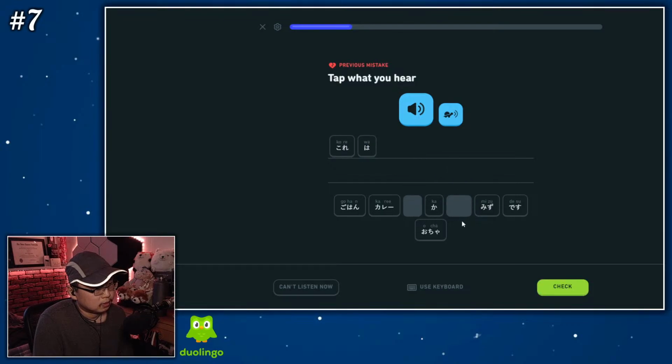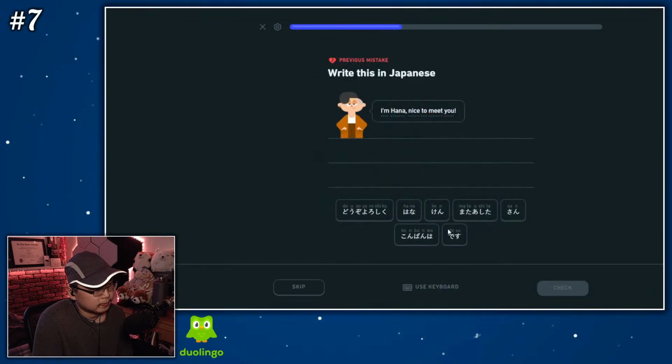wa gohan. ご飯. I don't have ご飯 go yet. I don't have go. Gohan this です。 And I don't have day yet. I'm Hana. Nice to meet you. Hana. 花 This. Oh. I'm Hana. Hana this. です